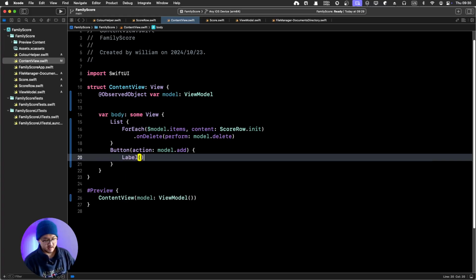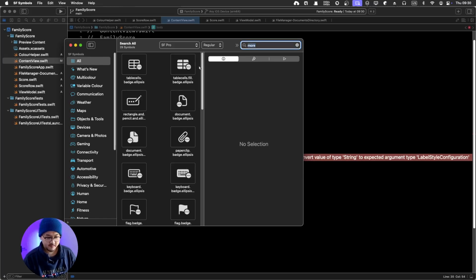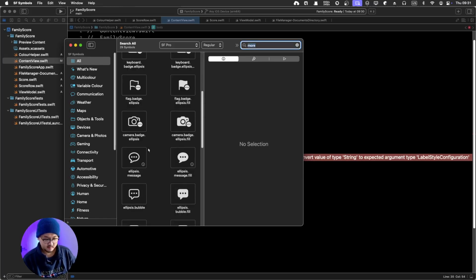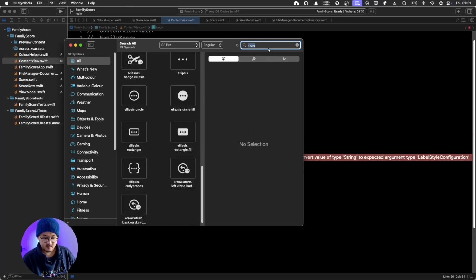You can always use the SF symbol here, and add family member, and we can have a system image of a string, and I'm going to find an SF symbol here. So let's search for maybe like more. We have this more family members, more. It's like start a dialogue. Maybe family,